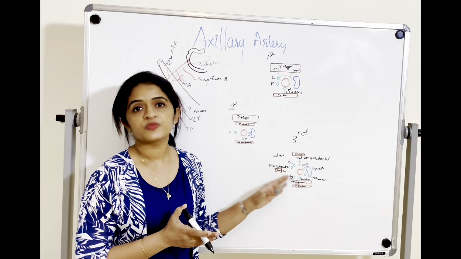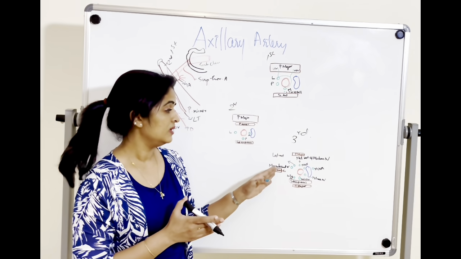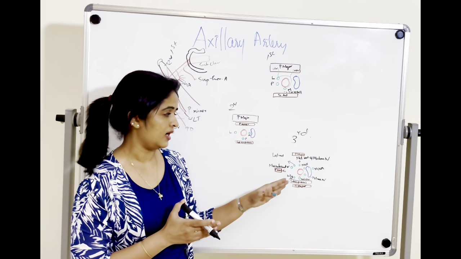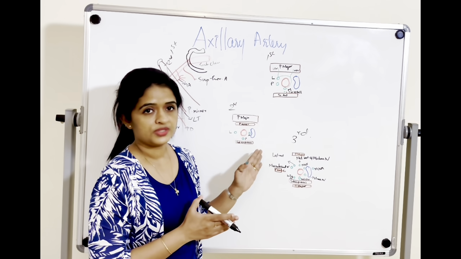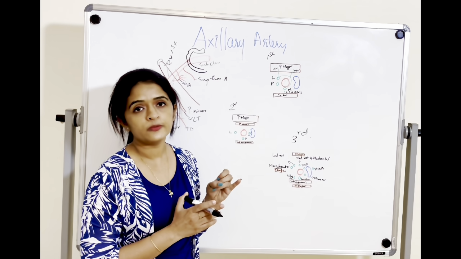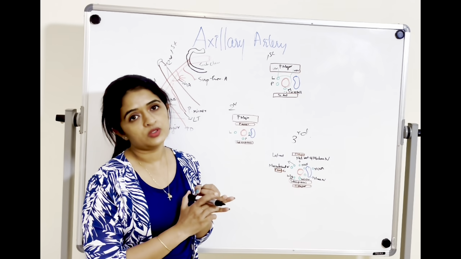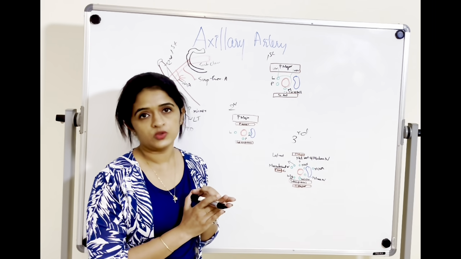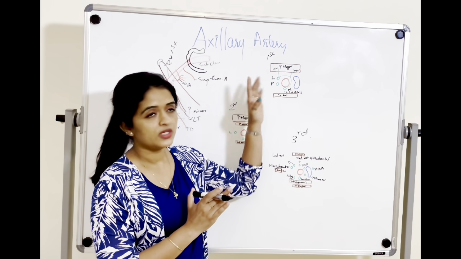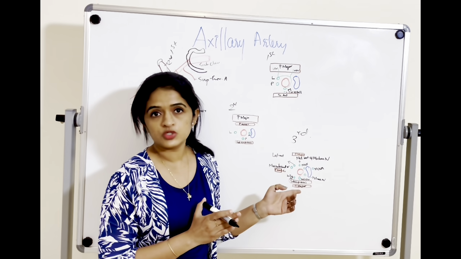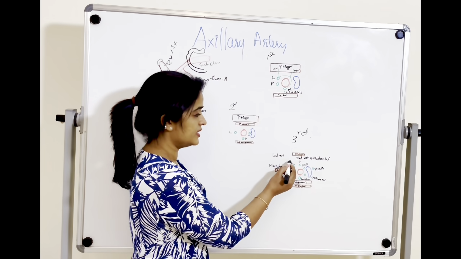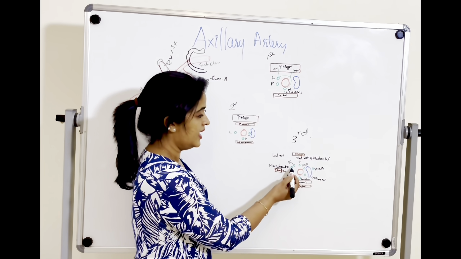Now let's see which are the nerves seen in relation with the axillary artery. So we can think about the branches from the chords. So from the lateral cord we have the lateral pectoral nerve, musculocutaneous nerve and lateral root of median nerve. Lateral pectoral nerve we have already shown in the first part, so it is not shown here. So the rest of the two parts, that is, this is the lateral root of median nerve